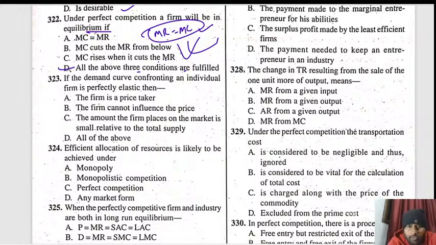It's fine. So moving ahead with question number 323. Here, if the demand curve confronting an individual firm is perfectly elastic, then